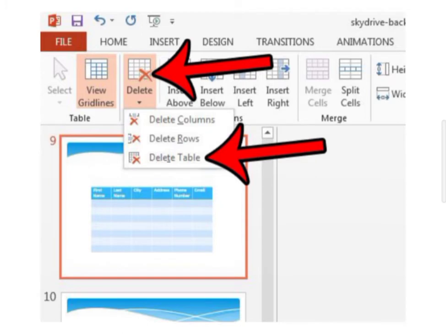Now next is deleting text. So for deleting text, to delete the text object on the slide, first select the text to be deleted. Next, if you want to delete the entire placeholder along with the text, click on its border to select the whole placeholder. Next, press Delete key on the keyboard. And the last is the selected text or placeholder will disappear from the slide.